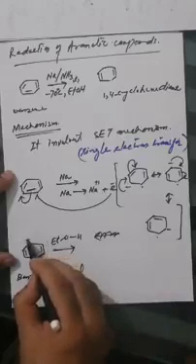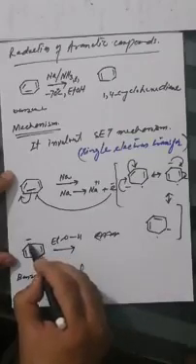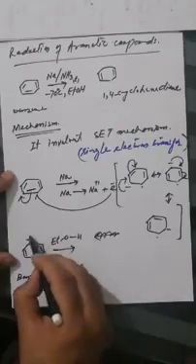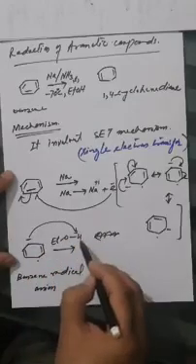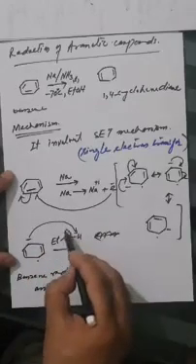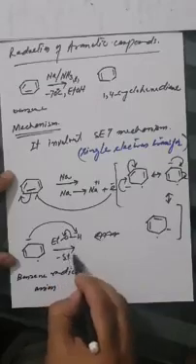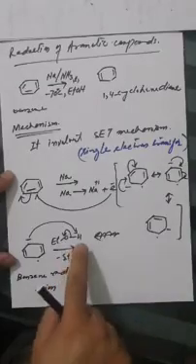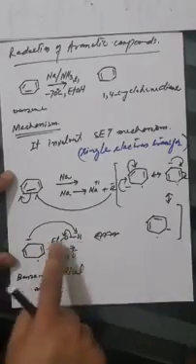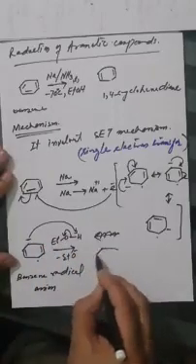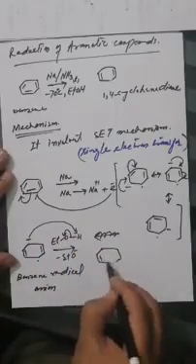What happens, this negatively charged carbon abstracts this hydrogen. So ethoxide leaves and it plucks this hydrogen and it is converted into,